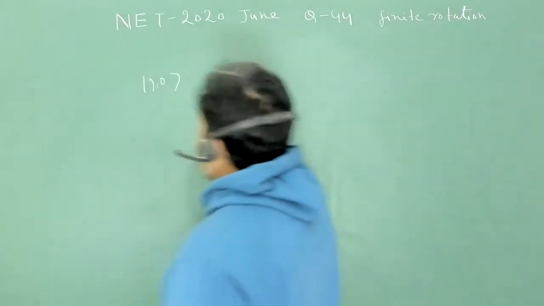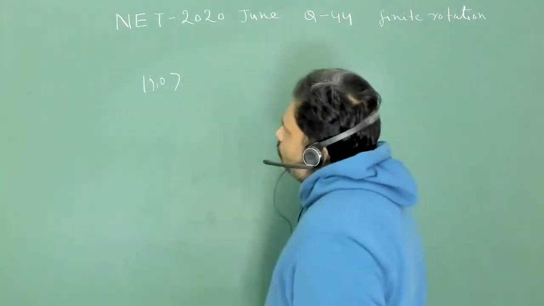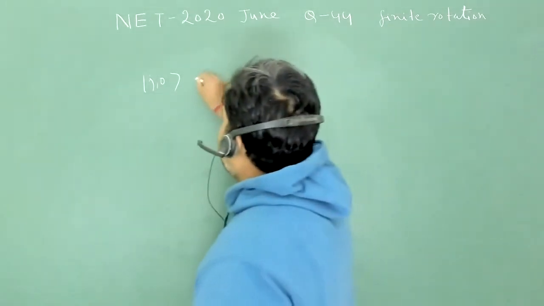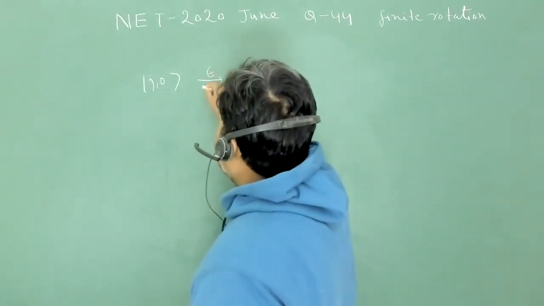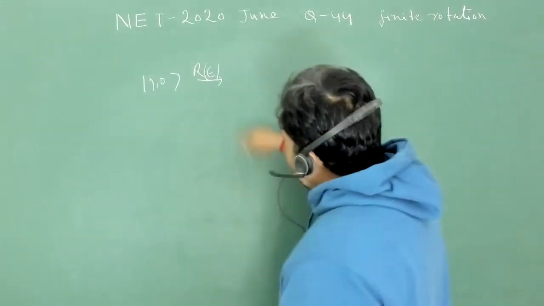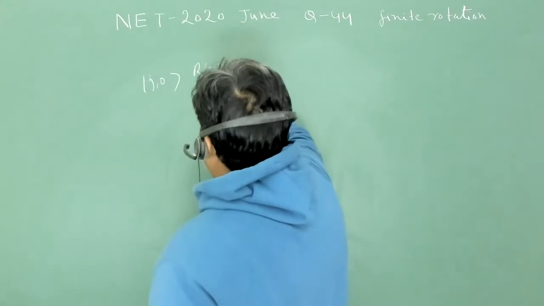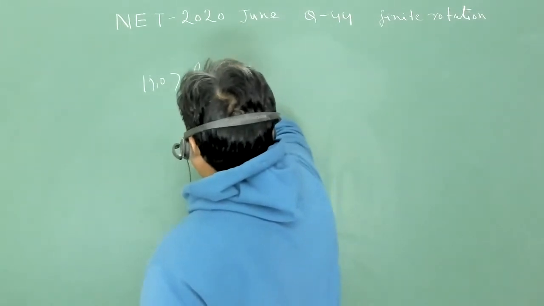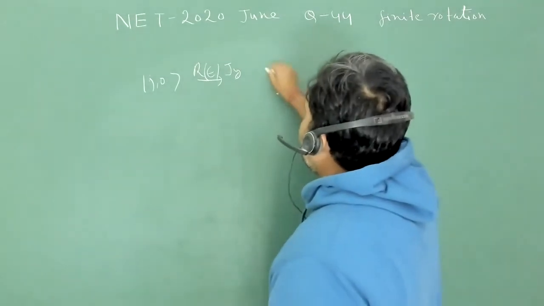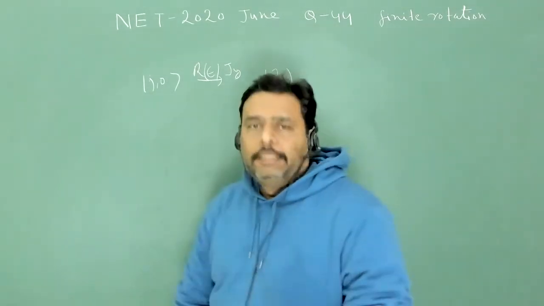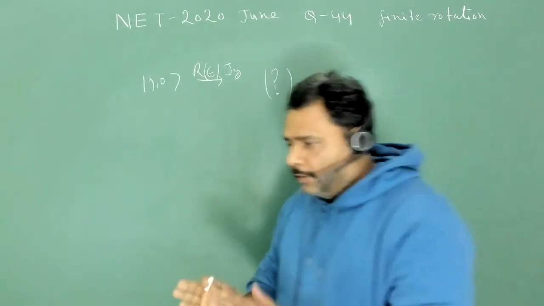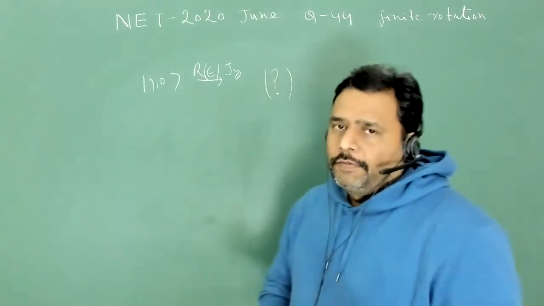So this state is given, and we just want to rotate this state by some angle epsilon in the Jy direction. Then what will be the final outcome? What will be the final state up to order of epsilon? So we have to just take care of the order of epsilon.